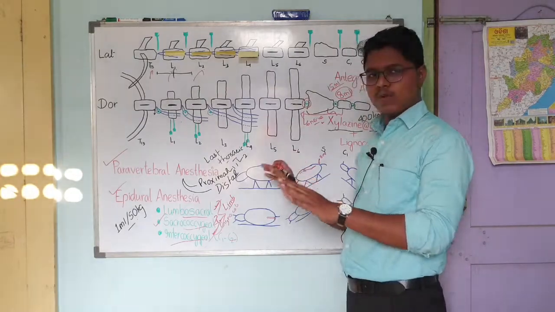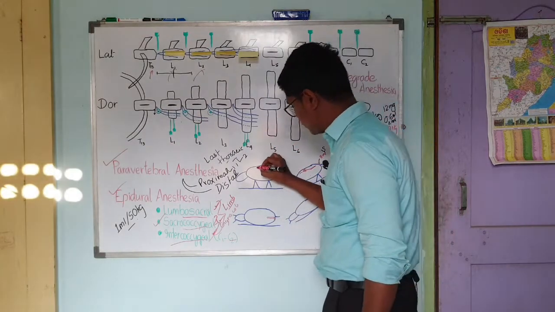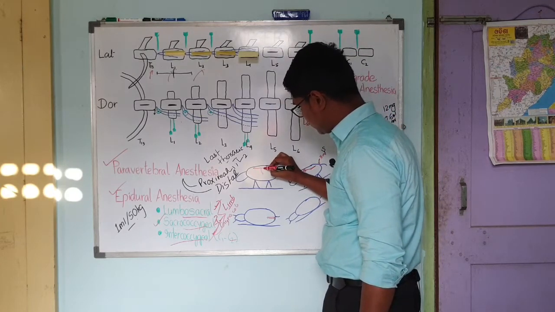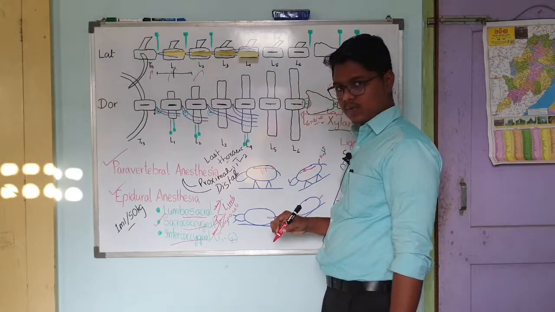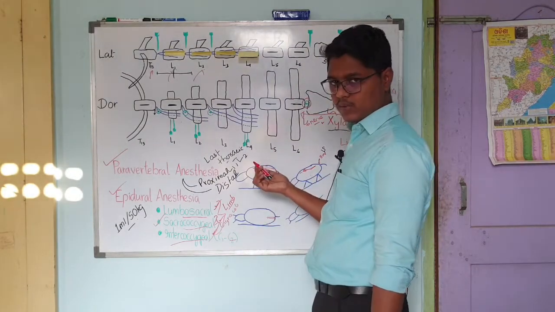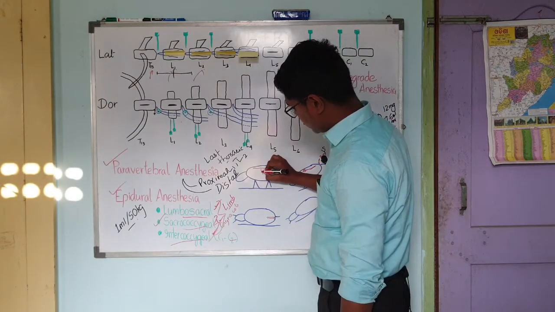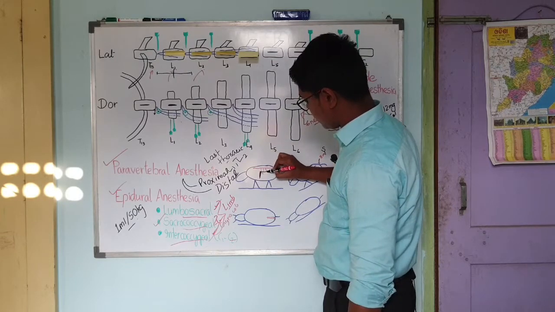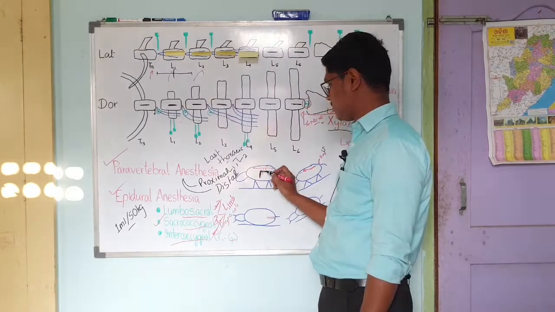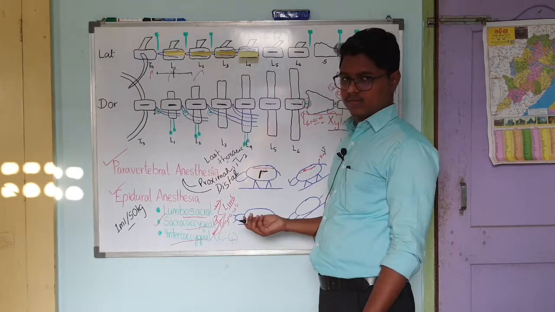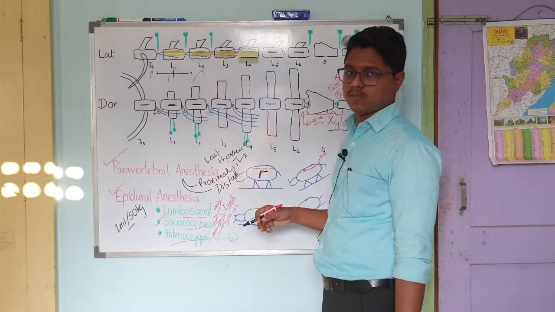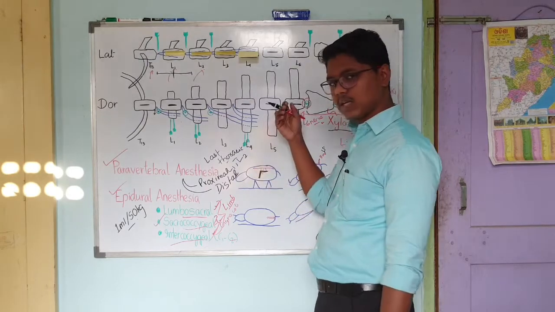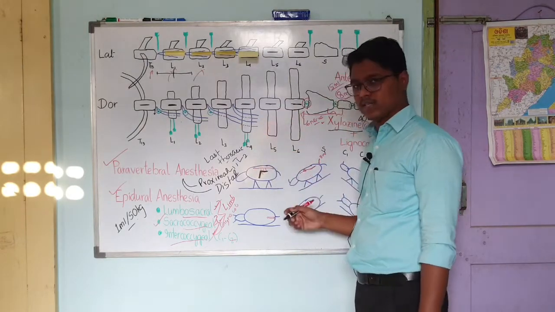So the inverted L block is nothing but a block like this. Suppose this is the spinal cord, and here come T13, L1, L2. These three nerves supply the abdomen. In the abdomen, you have to do this type of blockage. This is nothing but blocking T13, L1 and L2. If you are doing paravertebral anesthesia, then this is not required. You will get much better anesthesia and analgesia than with the inverted L block.